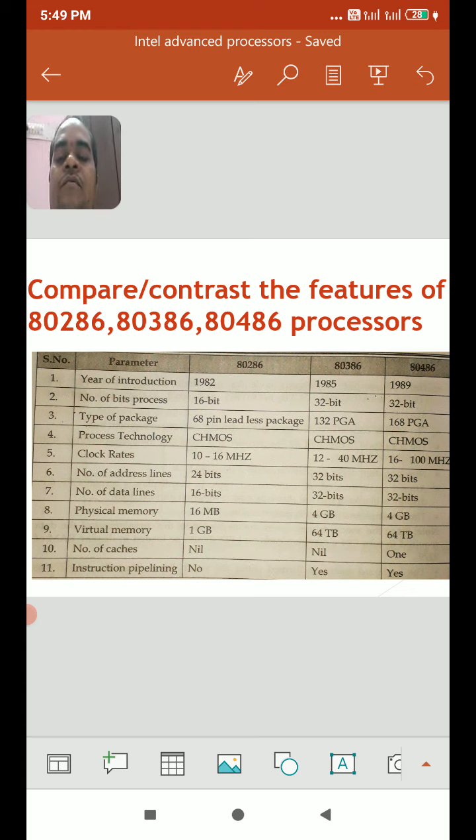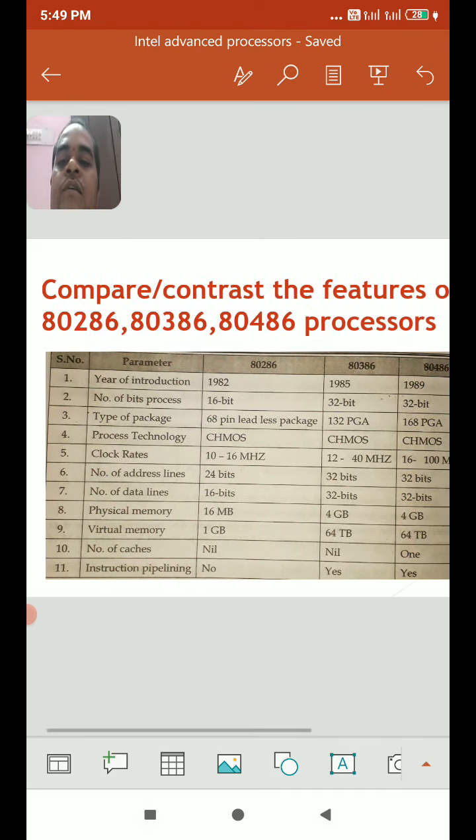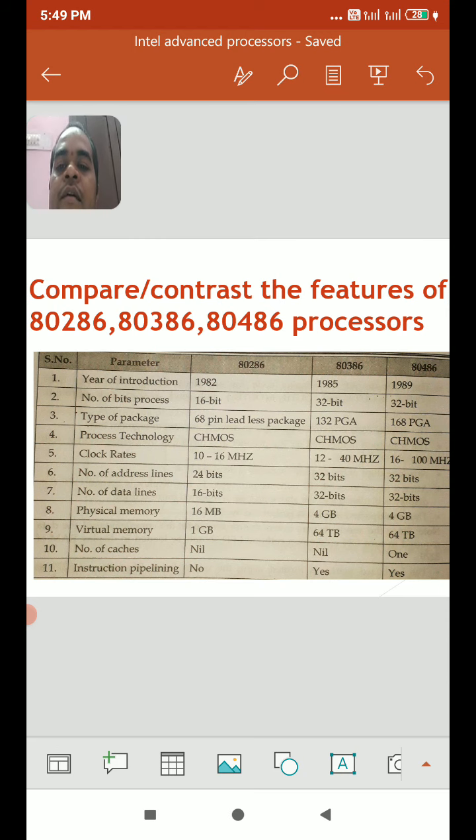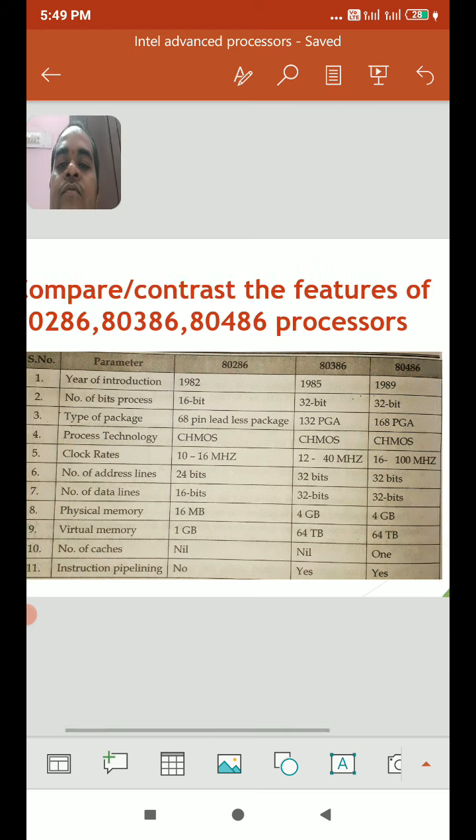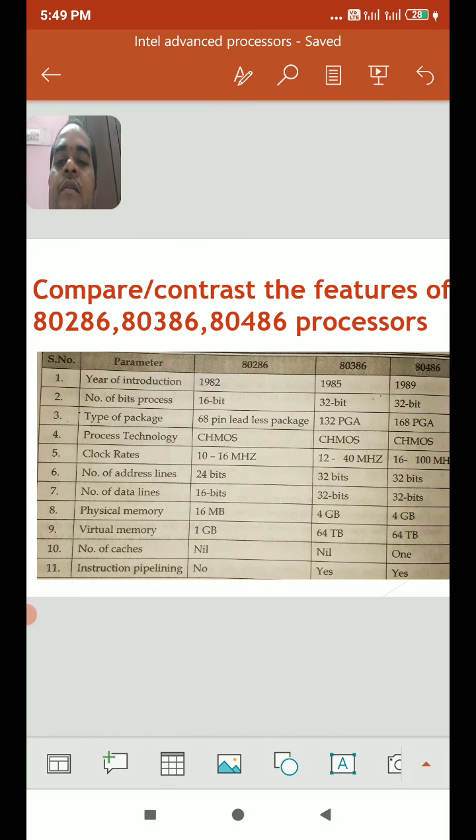So for every microprocessor, they are extending the features. Some of the features are extended and they introduce a new processor, that means an extended version of the microprocessor. Likewise, when we extended some features of the 8086 microprocessor, we got other processors like the 80286, 386, 486, and the Pentium microprocessor is also present.